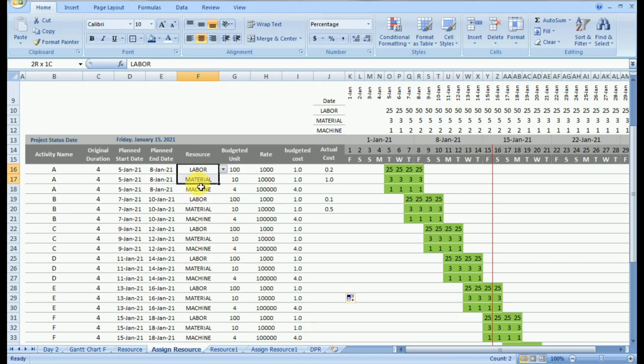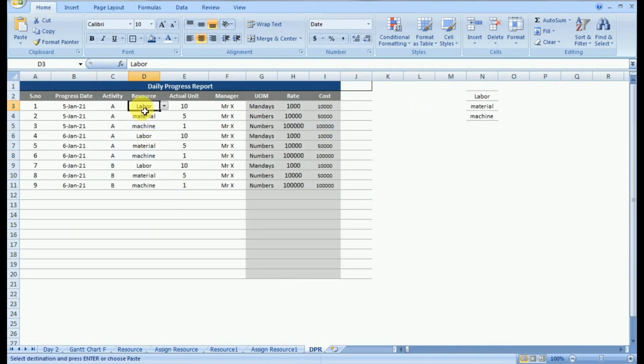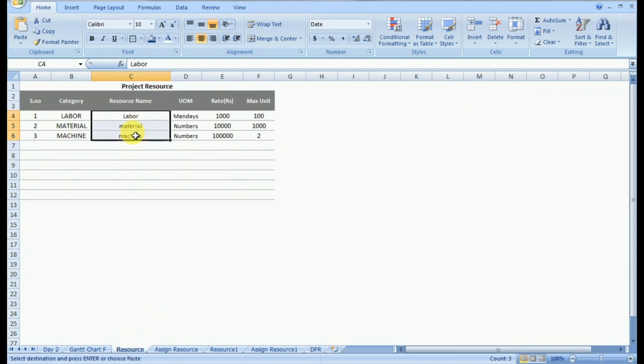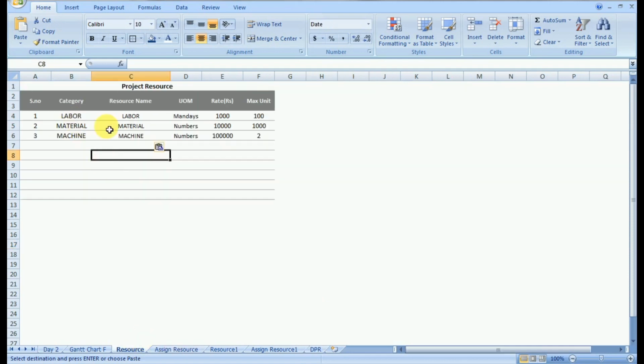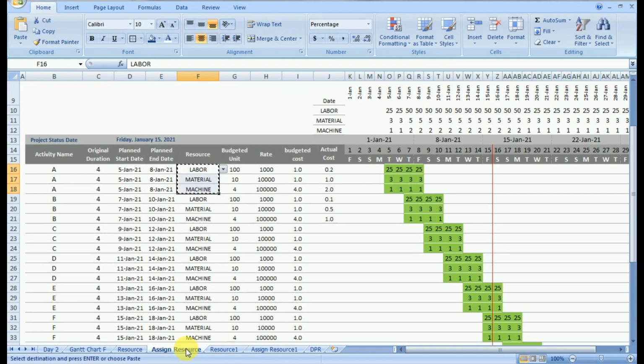So what we need to do in such a situation is go to the primary data. Our primary data is the one in the resource sheet. You can copy that primary data and ensure that every value is the same. Now we have selected these 3 formats of labor, material, machine to be the same in every sheet we have. So we will change this format in the main sheet also. In the resource sheet, we will change this format here also. Now we have the same format everywhere, and now our value should be correct.